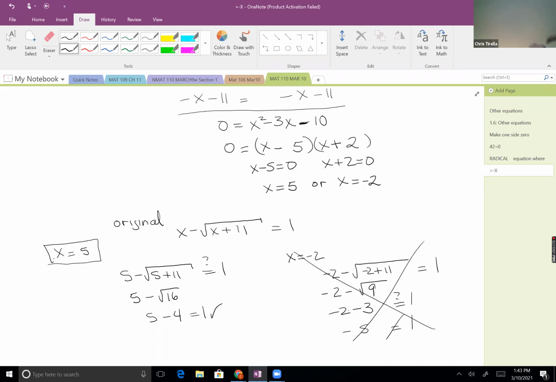Sadly, we didn't get to one of these equations that have two radicals. If they have two radicals, there's twice the fun, but I can't get one with two radicals done in 2 minutes. So I'm going to